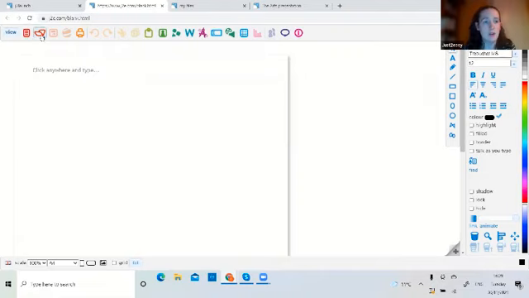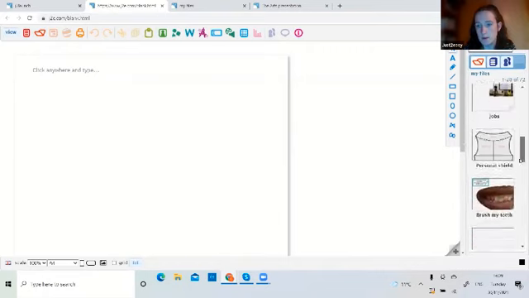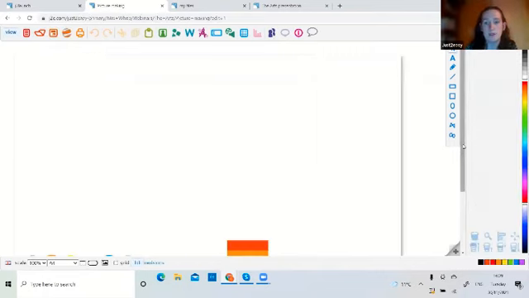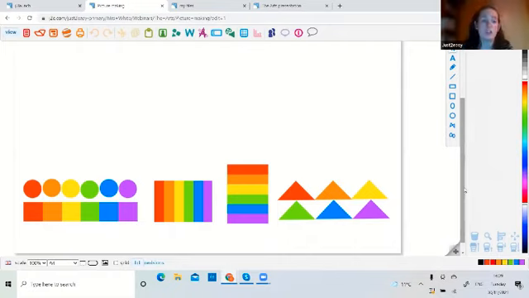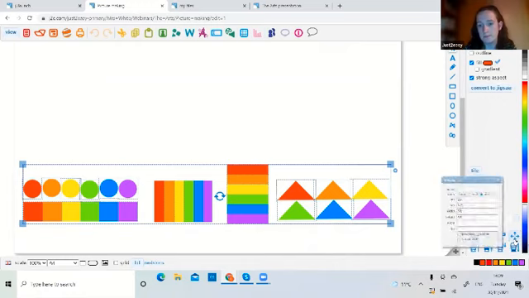So if I click on this red open folder load button, I'll just open up this that I've created here. All I've done is made my page horizontal at the bottom, and I've drawn some different shapes in different colours. And I want my children to use these as building blocks, really, to create pictures. And to allow them to do this, I'm going to select all of them. I'm going to click on this details button. It looks like 4 arrows pointing in opposite directions in the bottom right hand corner.